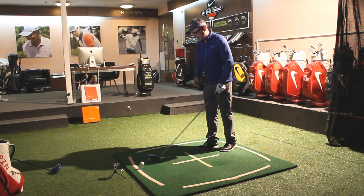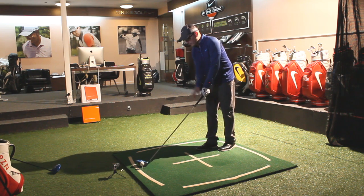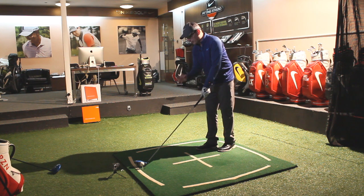Okay, so we've hit 5 shots there with the Fly head. I'm just going to try the Pro now. And the initial appearance of the golf club looks good. More of a pear-shaped head. It's still a 460 head, so plenty of forgiveness in there, but obviously not quite as deep in terms of